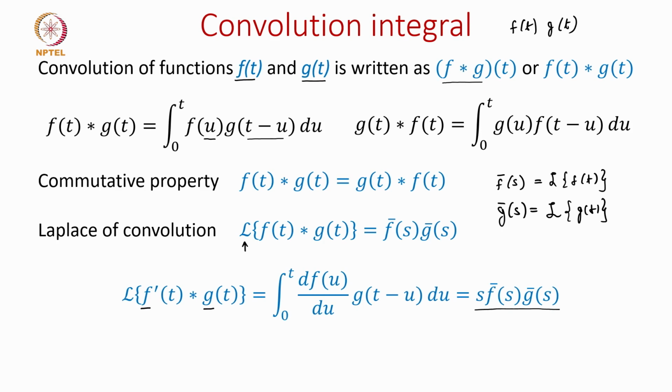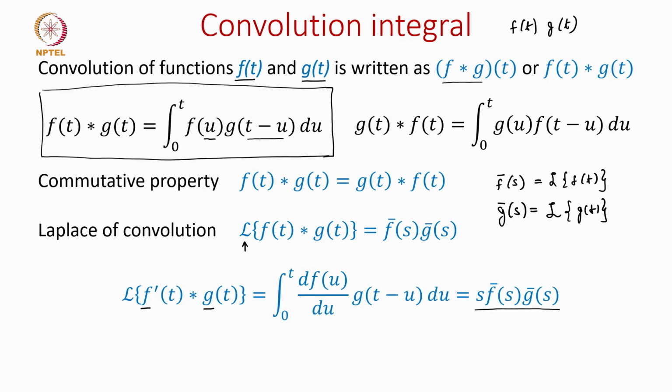We are not concerned, or we are ignoring for now, the loads which are occurring before time t equal to 0. Only then can we get these s times f of s and g of s. The reason is, if we consider what is happening before time t equal to 0, then these integrals are not valid anymore. So, essentially with this convolution integral, where we said this is the definition of the convolution integral,